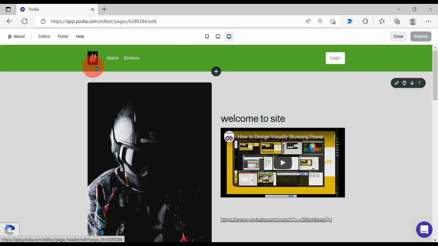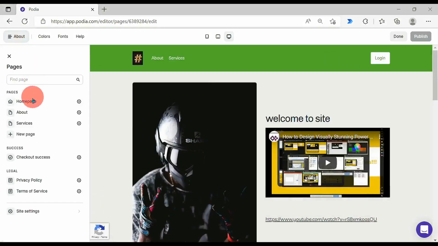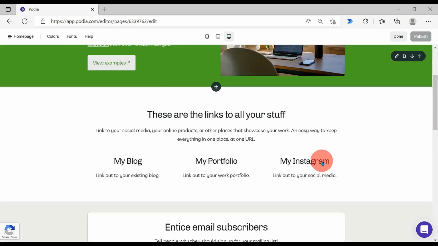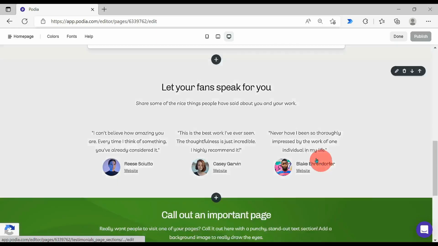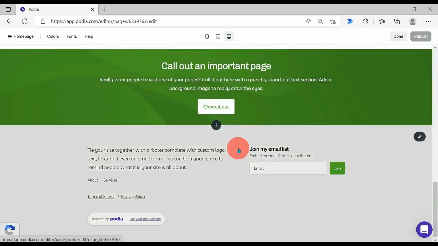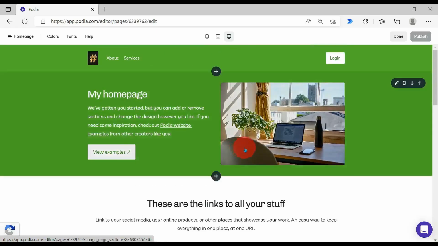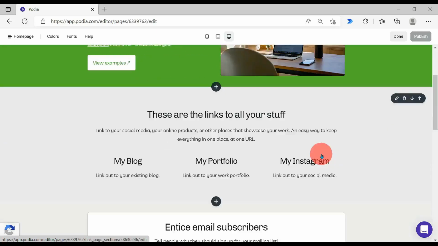All right. We're going to go back to the home page and see how we can edit each of these sections. I would say just edit these sections one at a time without deleting too much of it, just so you can kind of have each of these options available to you. I mean, unless you just totally don't like it. It's unfortunate that Podia doesn't offer more templates. So like, I selected to design a whole website with links. And so they gave me this, but I really like it. It has this